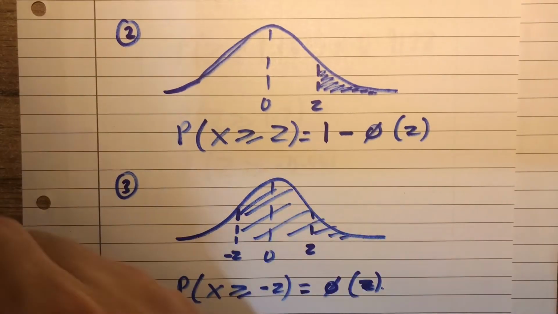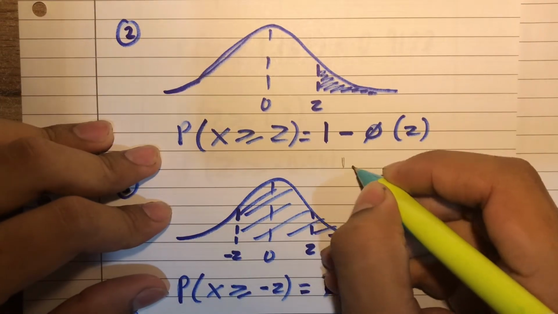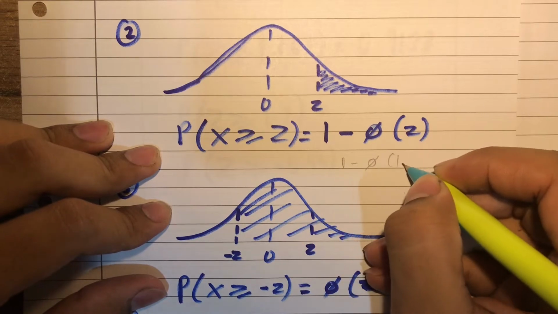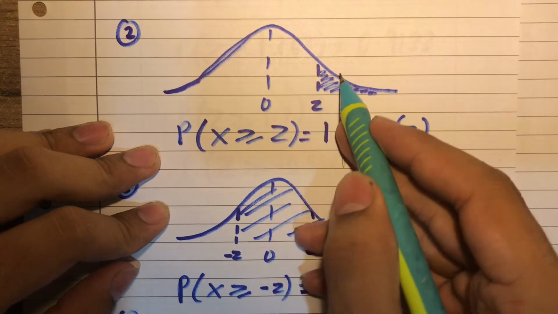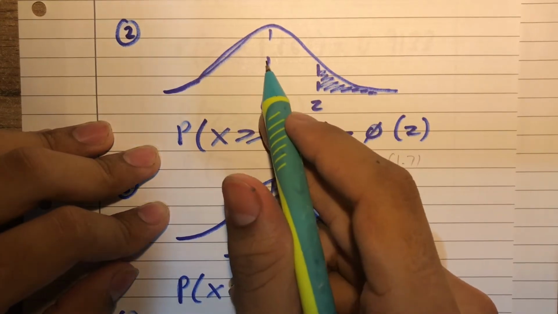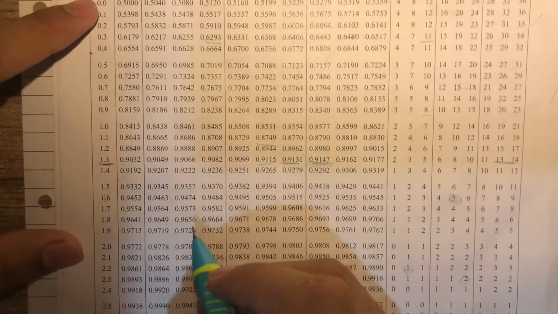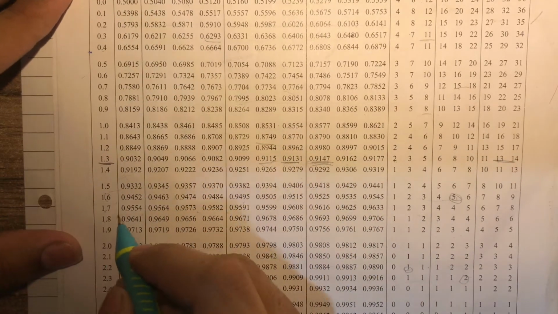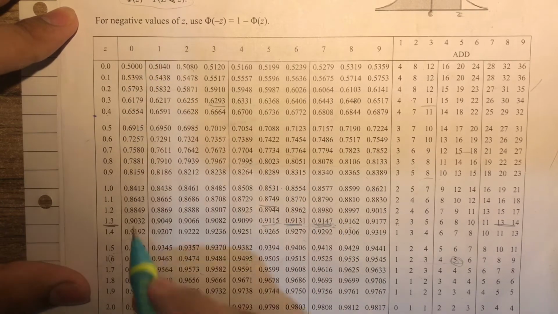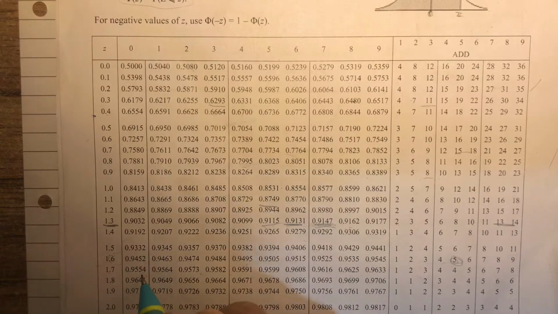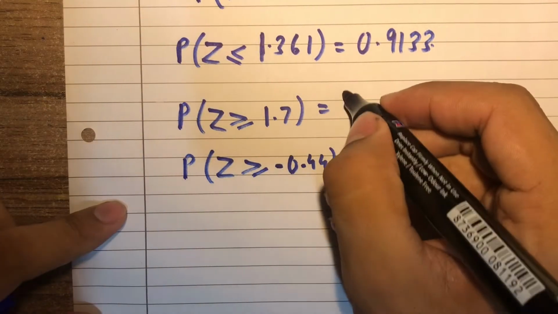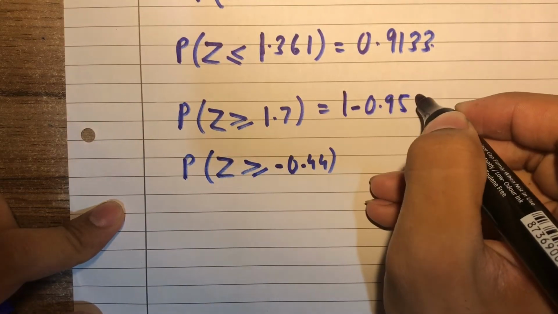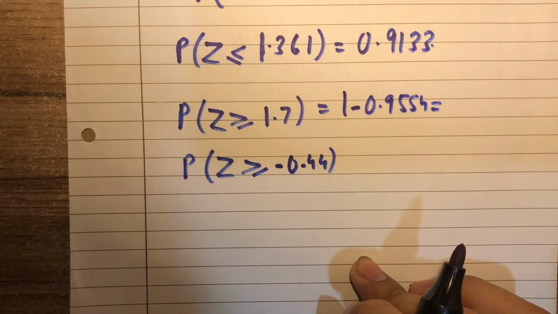So what we'll do is we'll find phi 1.7 and subtract it from 1, because phi 1.7 will give us this area and we have to find this area, so we'll subtract it from the total, that is 1. 1.7 is right here, and because it's 1.70, we'll use the first column, so 0.9554. So 1 minus 0.9554 is equal to